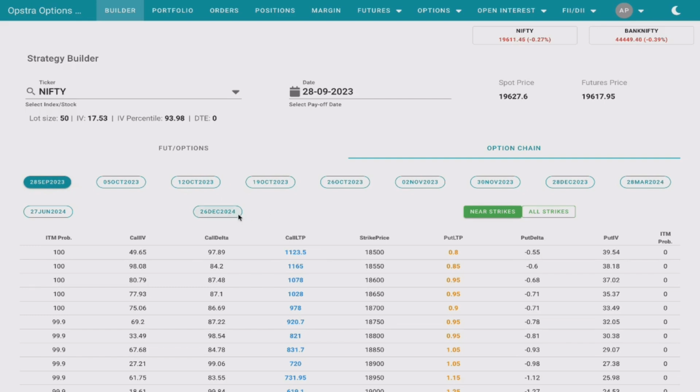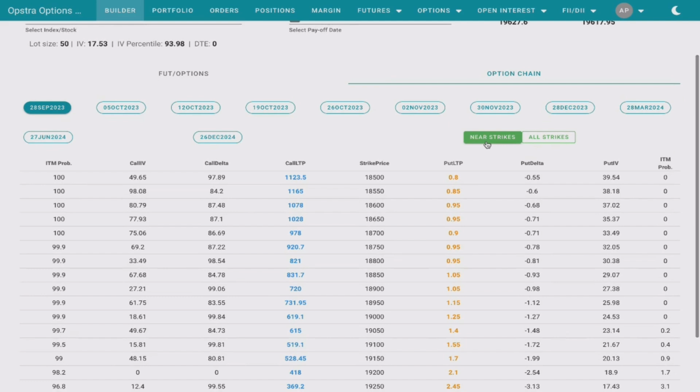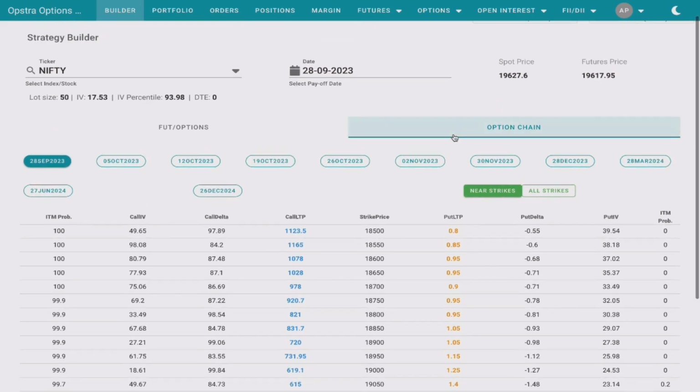Depending on what I want to trade and how long in the future I want to trade, I can select one of these dates. For now, we're going to stick with the immediate expiry. I can also select here the near strikes or the all strikes options. For some strategies, we want to look at very deep in the money strikes. In that case, I need to select all strikes. But for now, we're going to keep the near strikes